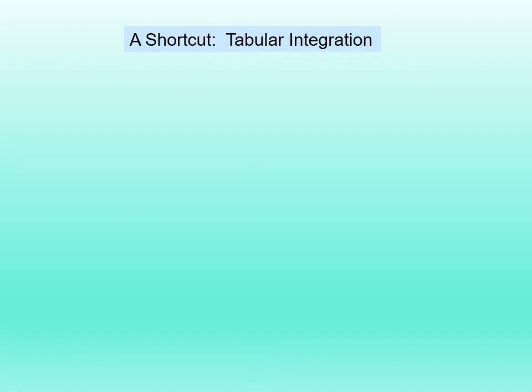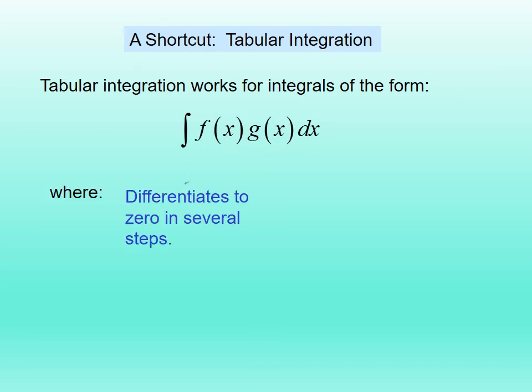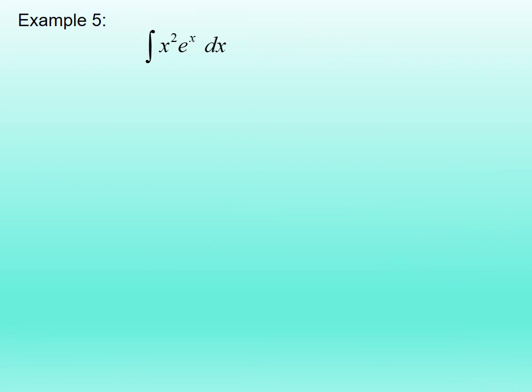Well, now let's move on to the tabular integration method. The tabular integration method works for integrals of the form f of x, g of x, where f of x differentiates to 0 at some point when you continue your differentiation multiple times, and g of x is the function which you will again repeatedly integrate, as we'll be looking into in the upcoming example. All right, let's look into example 5, where we will see how to apply the tabular method of